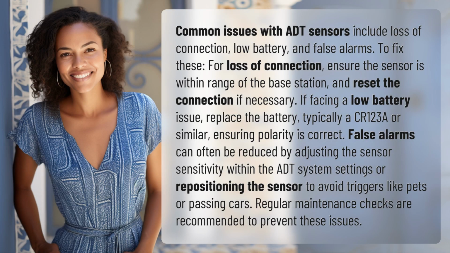Common issues with ADT sensors include loss of connection, low battery, and false alarms. To fix these, for loss of connection, ensure the sensor is within range of the base station, and reset the connection if necessary. If facing a low battery issue, replace the battery, typically a CR123A or similar, ensuring